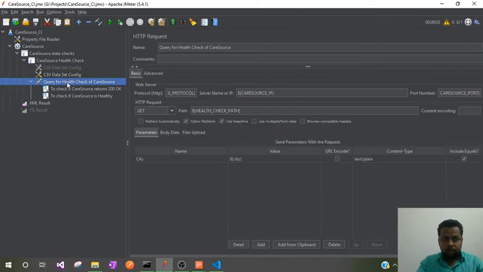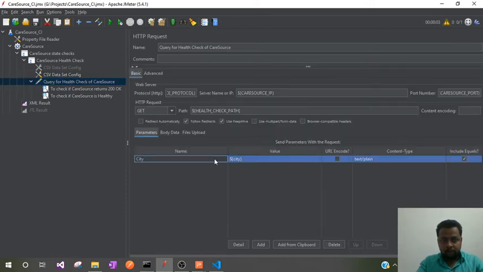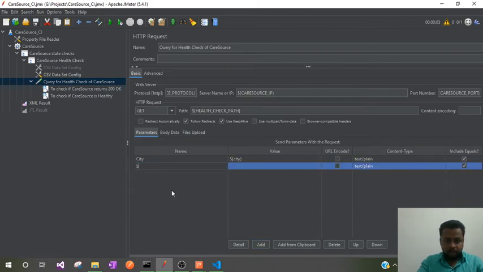Okay. So now come to the HTTP request. Here I have already read the city variable. So this variable name should match with the column name which is provided in the CSV file. And one more column I want to add as state. I just want to read state also, the values of state I just want to fetch. Keep dollar curly brace state, which has the similar name which is present in the CSV file, and press Ctrl S. Okay. So this way I can read CSV data from multiple columns.